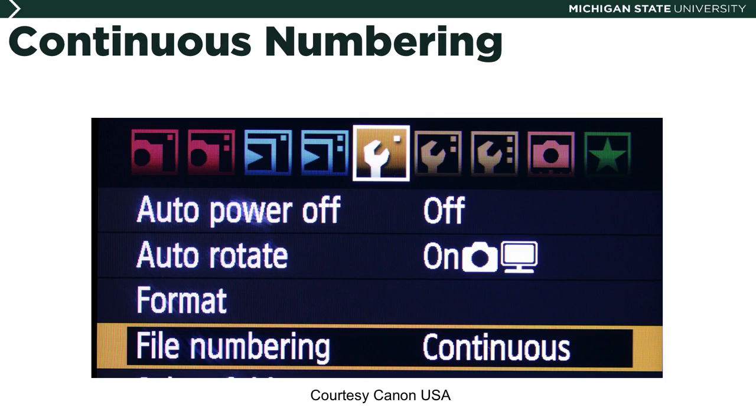card out and put it back in, guess what? The number for that first picture is going to be 0001. And you will end up with a lot of 0001 pictures, as opposed to the smart person, I think, setting their camera on continuous numbering and having each and every individual picture, up to probably 10,000, have its own